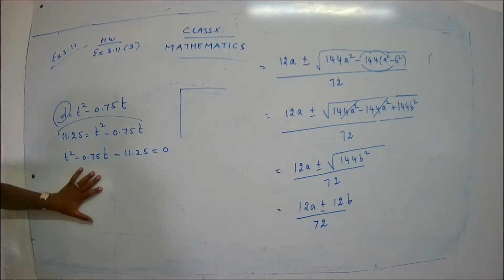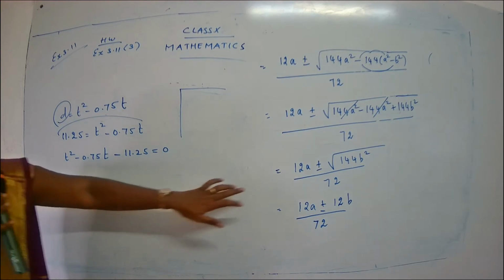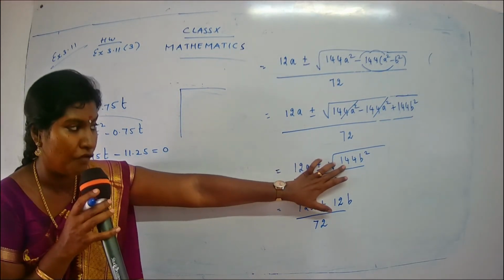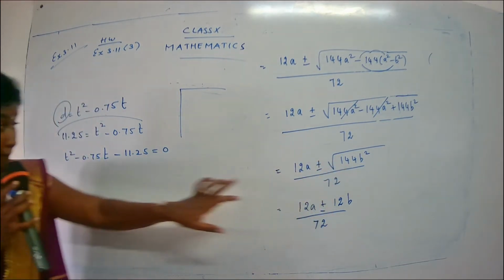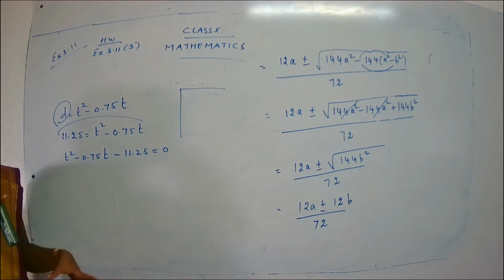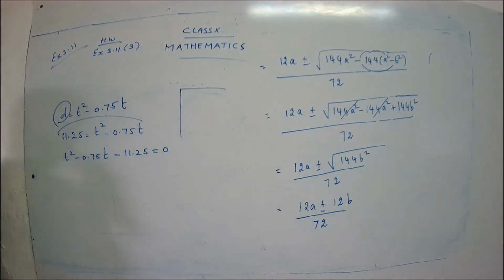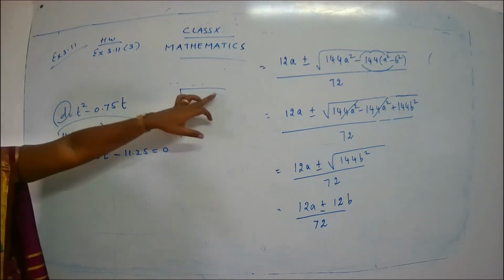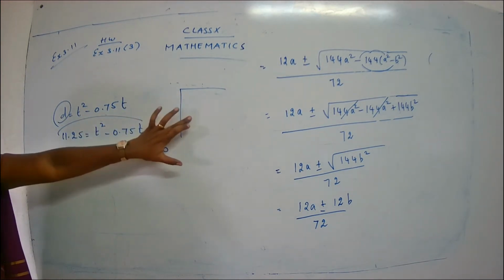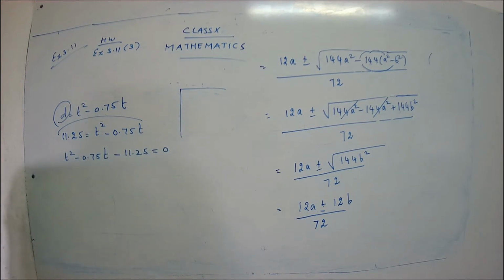If you are not able to take the square root directly, see, in the previous case we were able to take the square root directly. Yes, 144, I know the square root of 144. But in some cases the numbers will be bigger or some numbers may be in decimals. In those cases, you can use the long division method for finding the square root, which we have done in our 8th standard and also used in our 9th standard. So you are going to do that sum. Everyone has to try it out and get the answer. Is it clear, children? Okay.